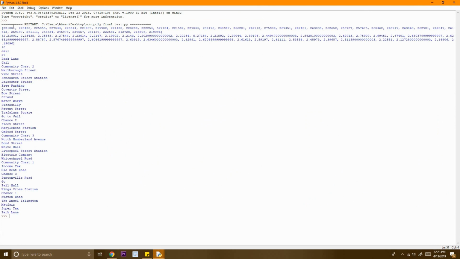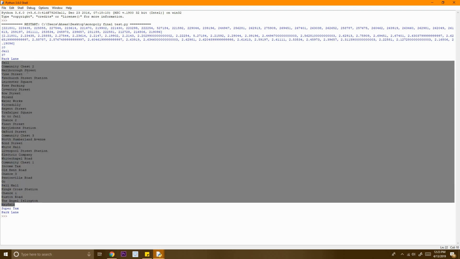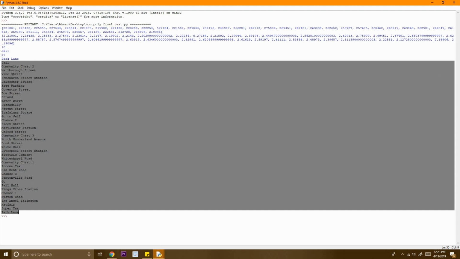Here is the number of times each position was visited, as you can see, and if we find jail here, it's actually a lot more than the rest. It's 52,000. The rest are around 22,000. And here is the actual list. So jail is the most visited, then community chest 2, Marlborough, etc. And until here we have Mayfair, Supertax, and then